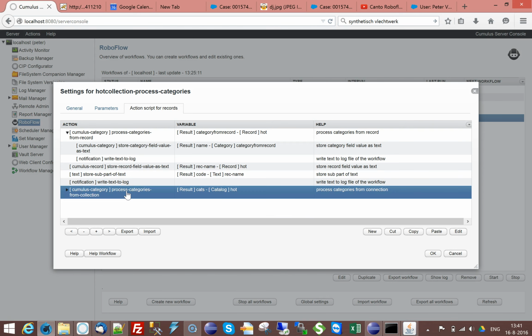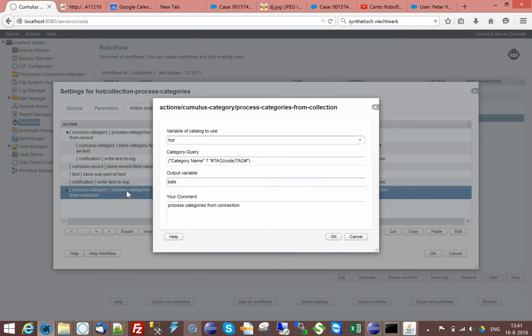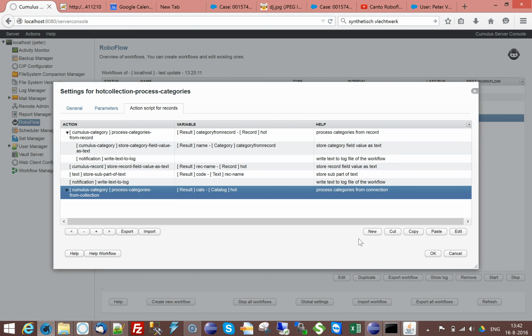and let's imagine that we would find categories that contain those first three characters. So then I'm using this instruction, process categories from collection, and I'm doing a category query on it, category search, and picking up that code, those first three letters that I stored in a text variable. Be careful with this instruction. There was a bug in Roboflow, and this instruction was only fixed in 10.2.1. So if you try to use it in a previous version,